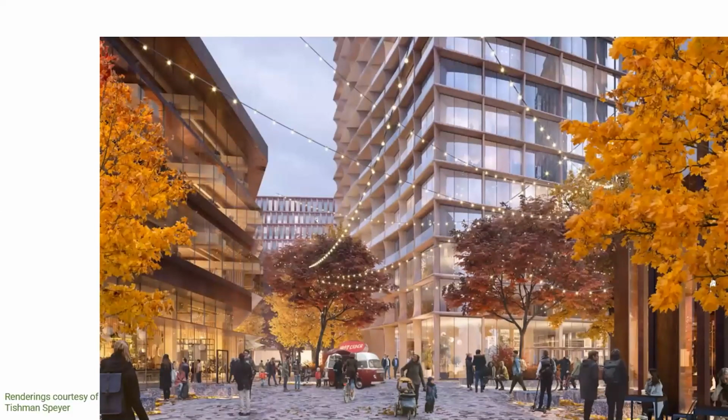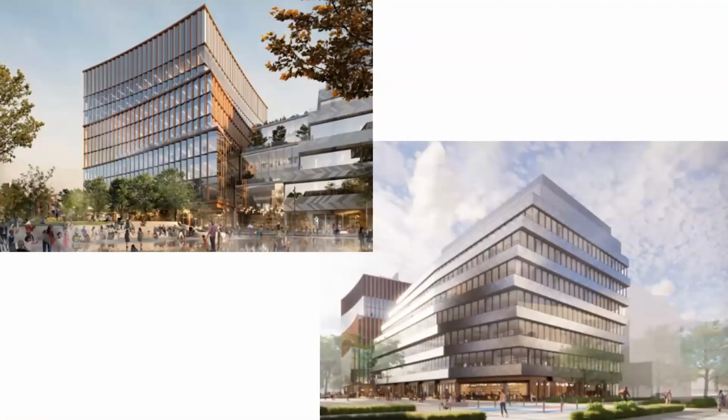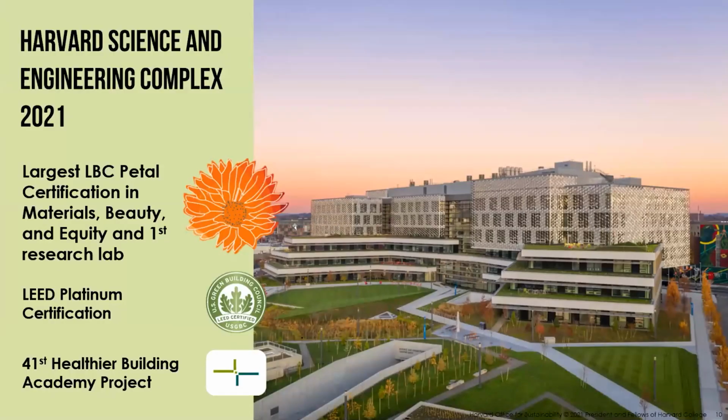So this building, along with the district energy facility, is meant to be the anchor for this new neighborhood that Harvard is currently building. So back to the SEC, the Science and Engineering Complex. This is the home of the John A. Paulson School of Engineering and Applied Sciences. The school is essentially moving to this new building from its previous neighborhood on the Cambridge side of